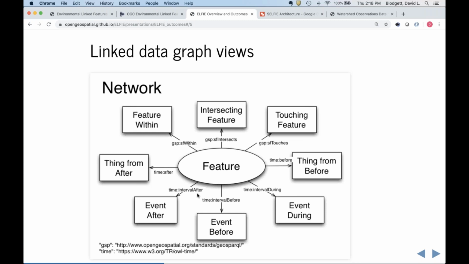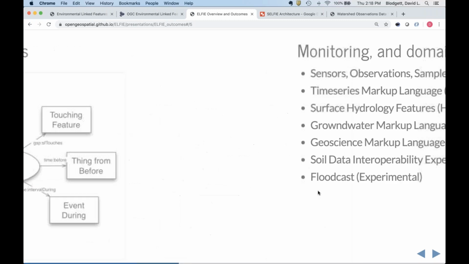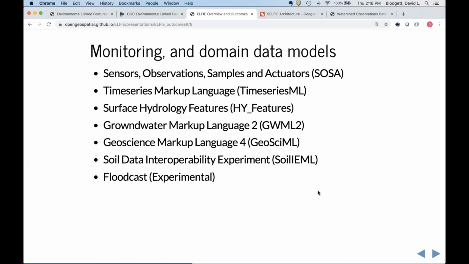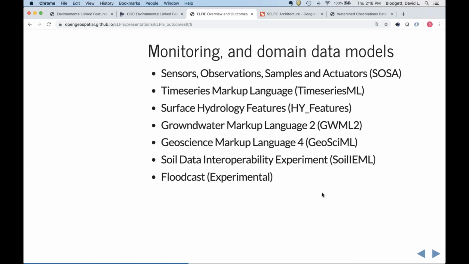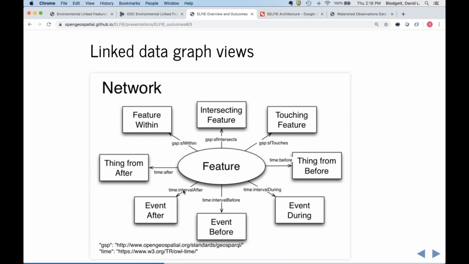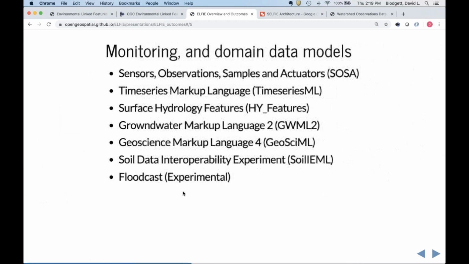And this is especially important when we get into events like storms, potentially, where you would want to actually express when things happened relative to each other. That was an area we didn't explore a lot, but there's a lot of potential there when we're talking about event-driven information systems, which tend to be the most impactful for decisions. Okay, so these are all very general. These are from GeoSPARQL and OWL-Time, which are the most general temporal and spatial ontologies that you could imagine using here.